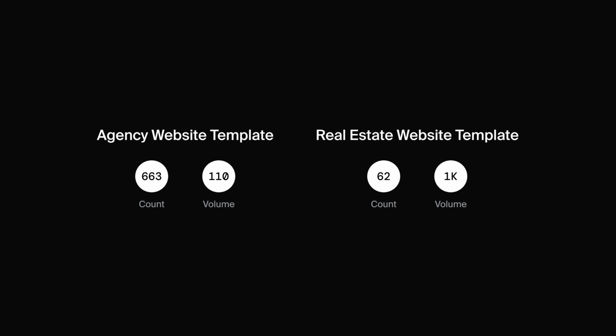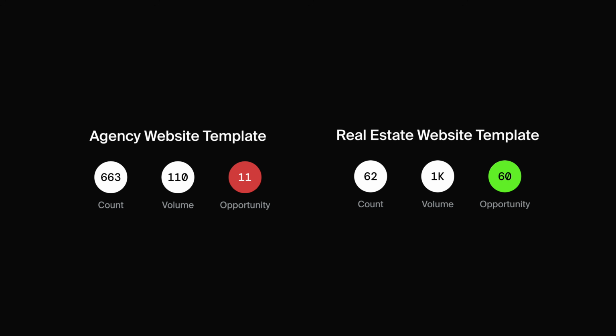And also we have just 110 search volume, which is also really low. So this probably is not the best category for us. If we compare it to the real estate website template category, we can see that it has only 62 templates in the category, and then it has a huge search volume of 1000. So if we compare these two, we can clearly see that the real estate website template category has a higher